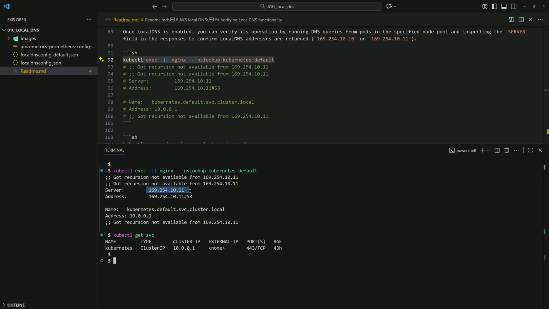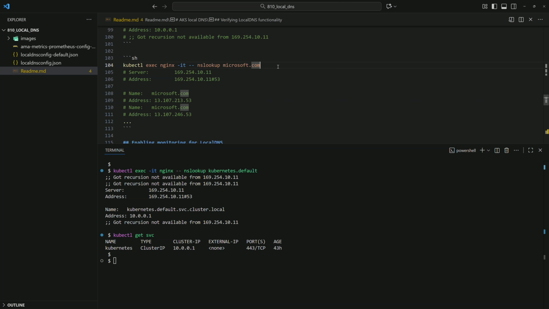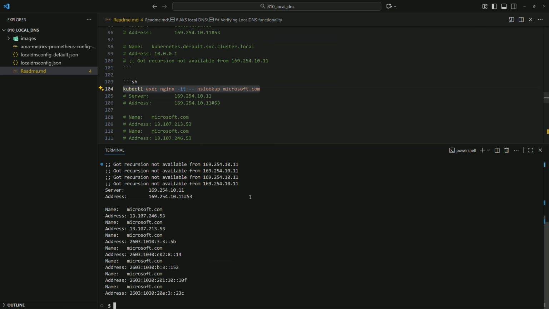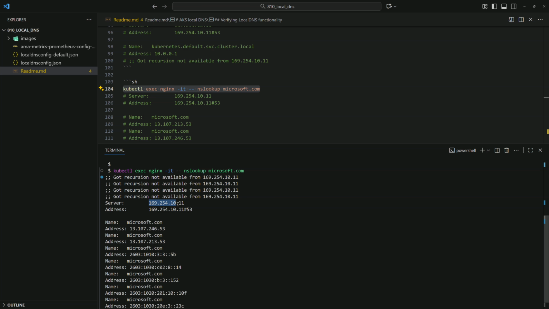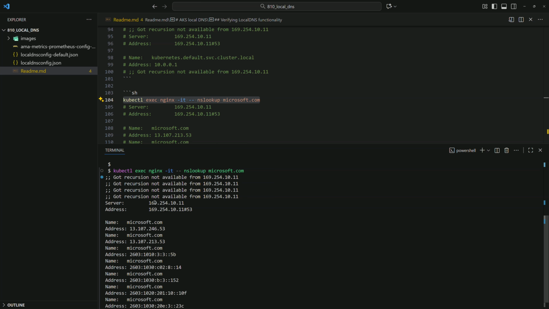Great. Note that here there is a difference with local DNS. CoreDNS is served on 10.0.0.10, but here local DNS will be served on this IP address 169.254.10.12. That IP is exposed within the node of the cluster. Let's try now with a public domain name like Microsoft.com, for example. And yes, here we get the same DNS resolution using the same IP address for local DNS. And this IP actually is the same for all the local DNS servers. So all pods, even if they live within different nodes, will all use the same IP address right here